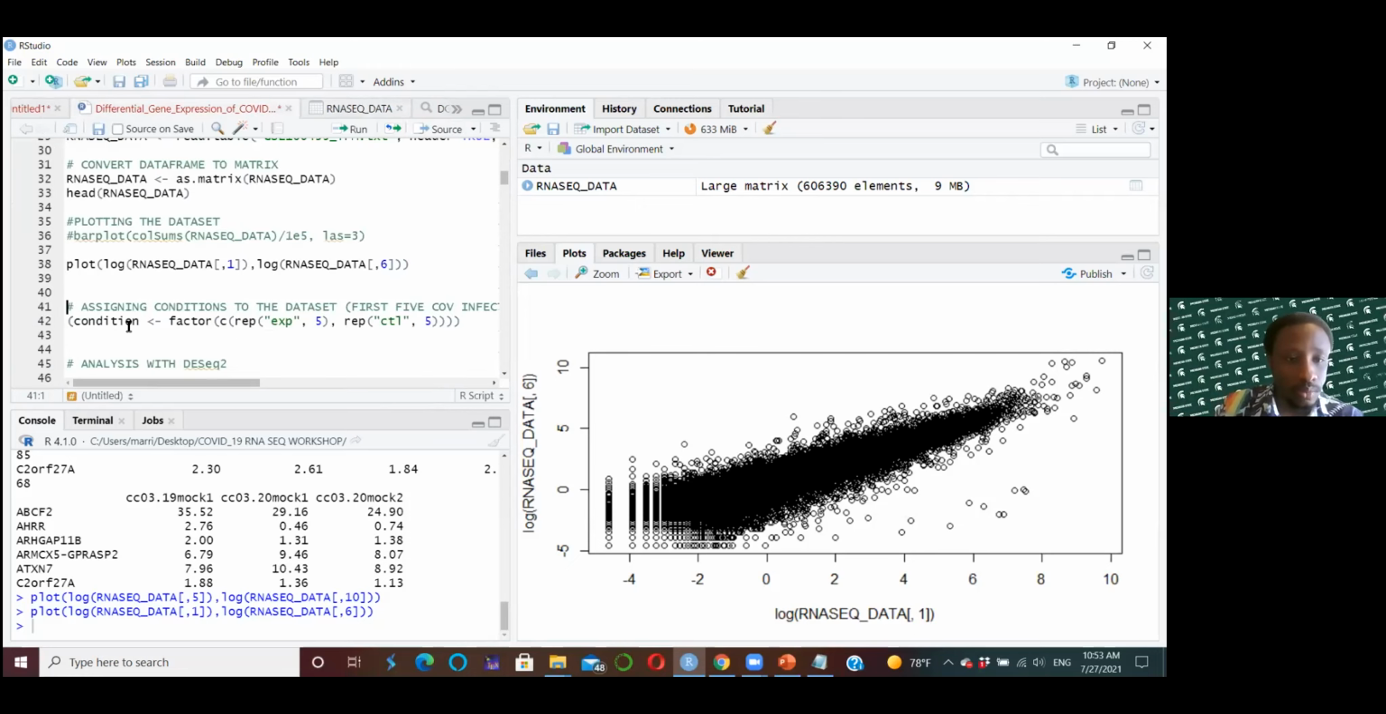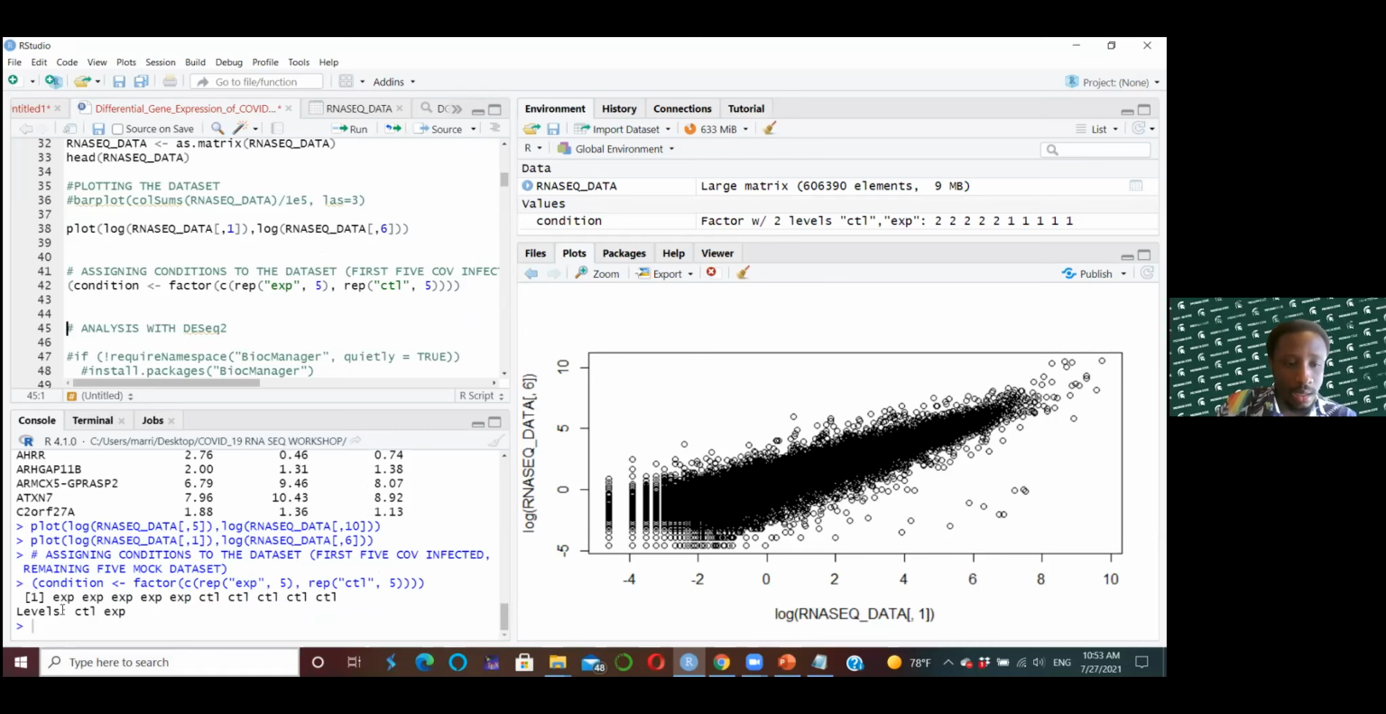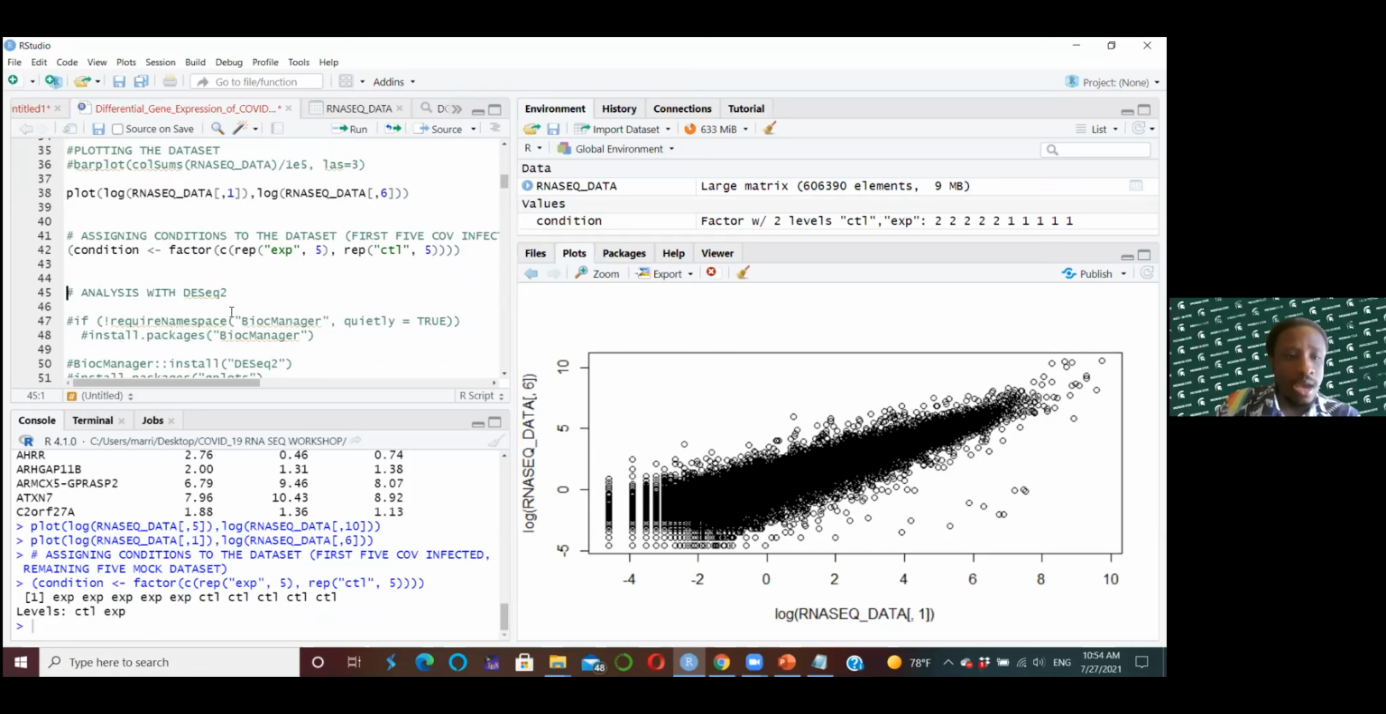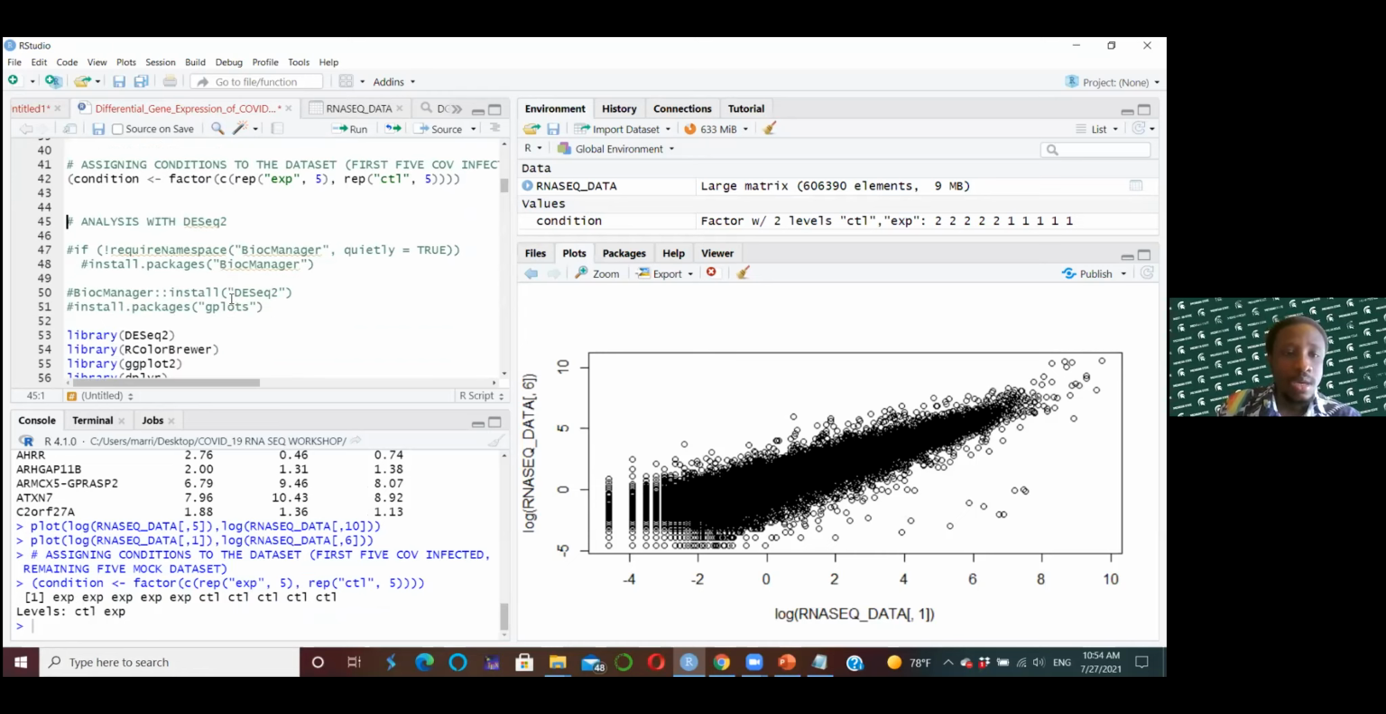So we try to assign these conditions, and then we tell R that our first 5, right? These are the experimental data set. These are the ones with COVID-19, right? And then the next 5 are the ones without COVID-19 infection. So we assign these conditions, right? And then R does that for us using this factor function. So after setting these conditions, now it's time for us to analyze our data set with